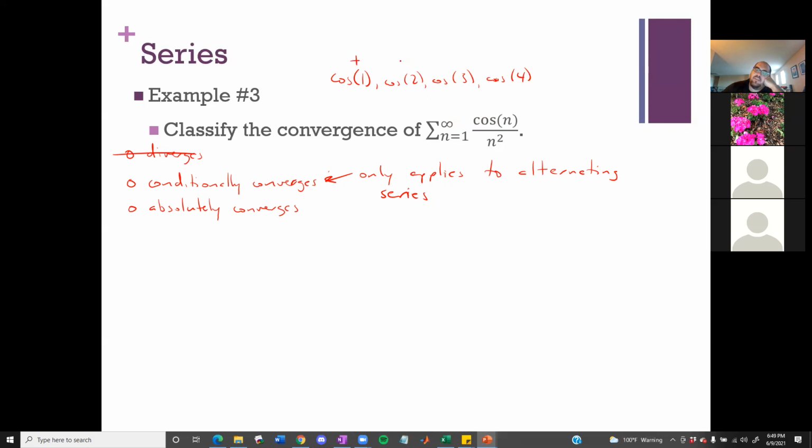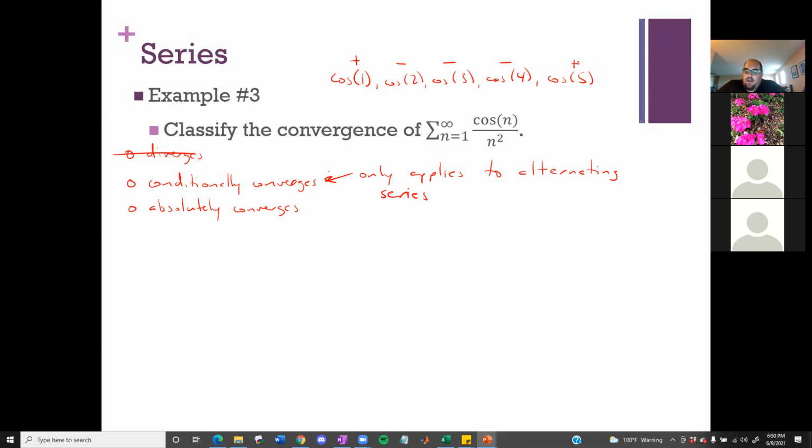Cosine of 2 should be negative. Cosine of 3, I think, is also negative. Cosine of 4 is negative. Cosine of 5 is going to be positive. So basically what you have is a sequence that has some positive terms, some negative terms, but it's